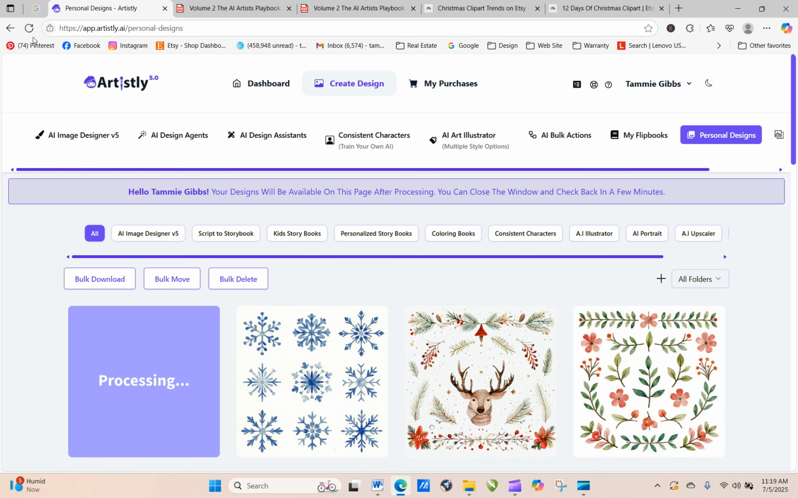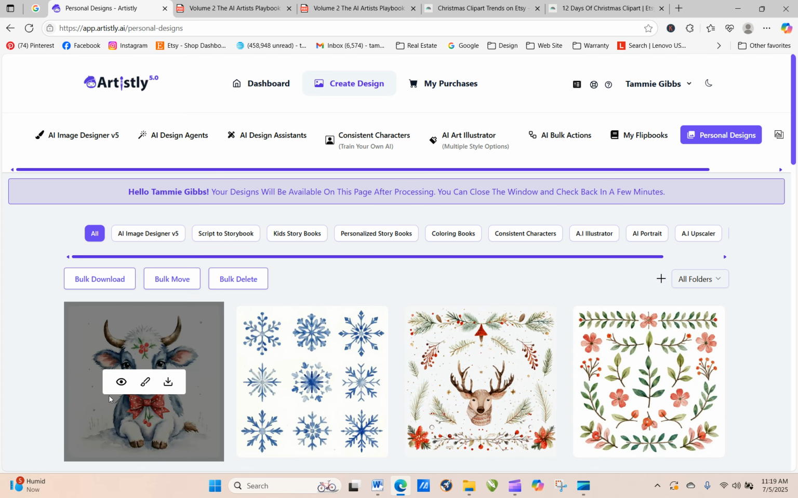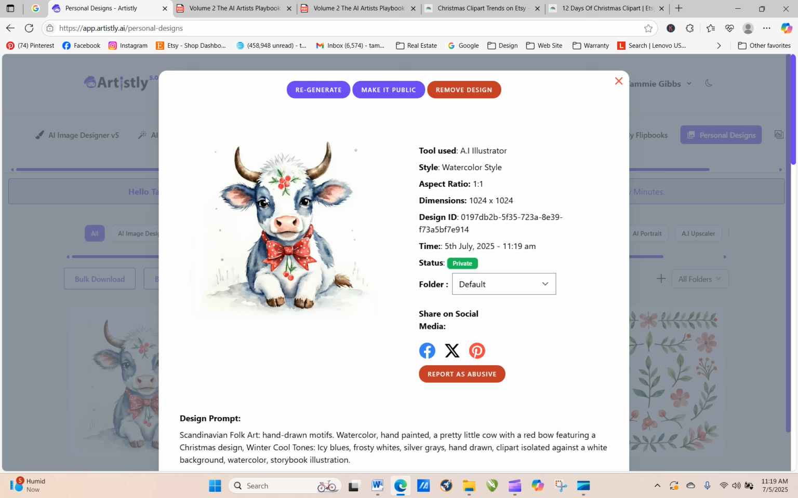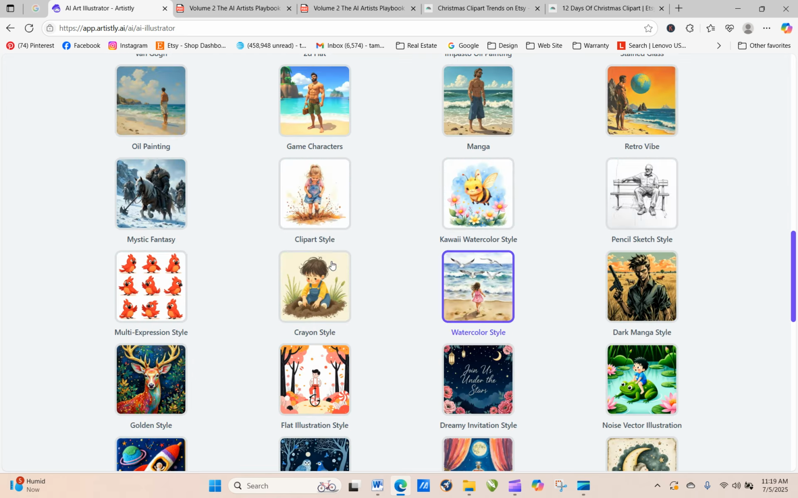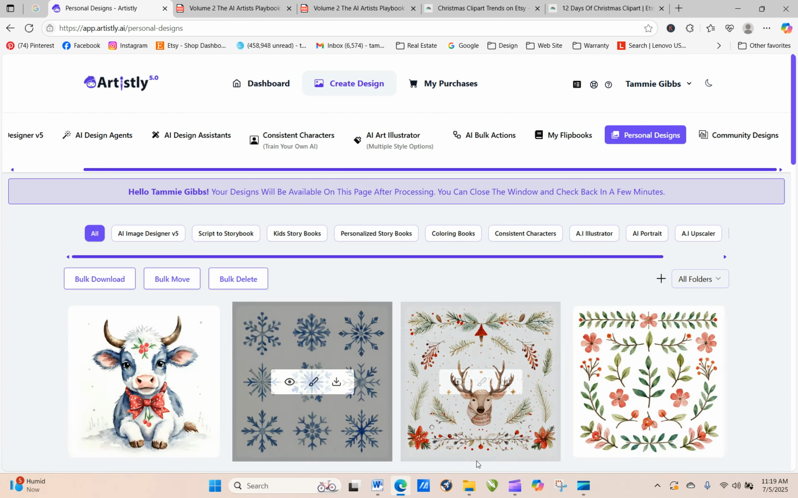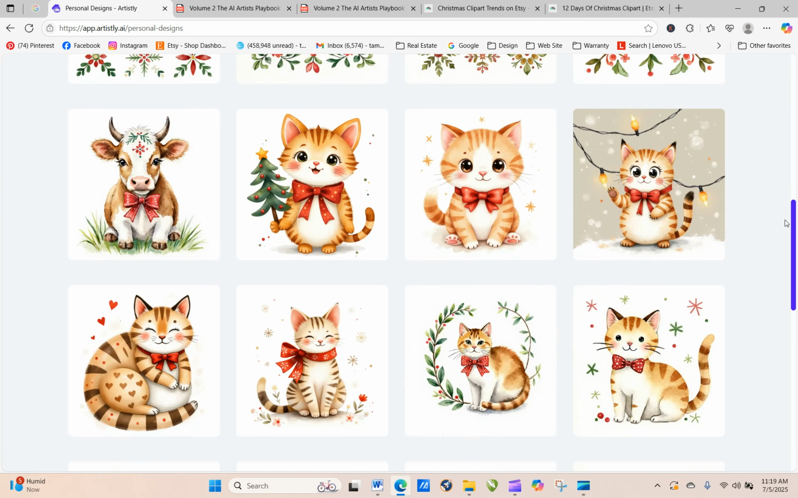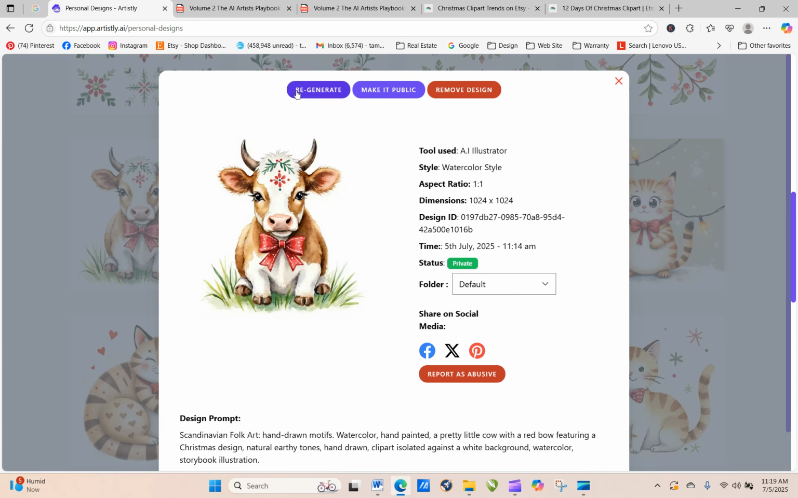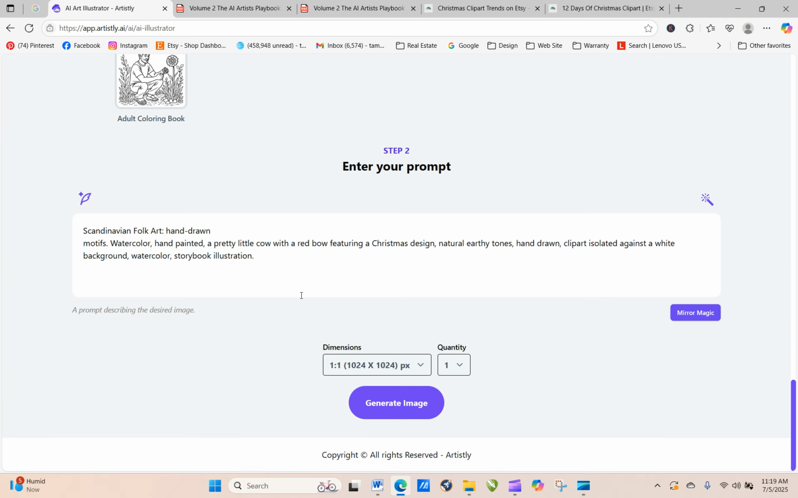Because Christmas is not always just the red and green. Okay, so this actually changed our whole color of our cow, so we don't really want that. So let's regenerate. Winter cool tones, frosty white. Let's see, this was, let's go back to the original one. Be easier. Let's go back to our cow here. Okay, so instead of the red bow, let's do this, and then leave the